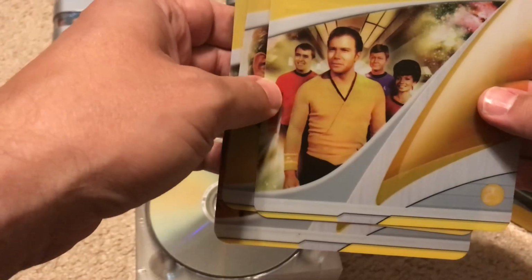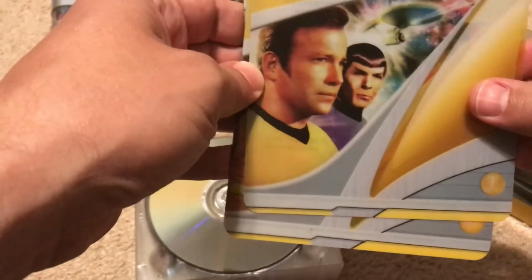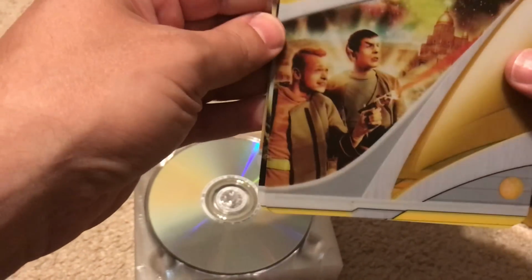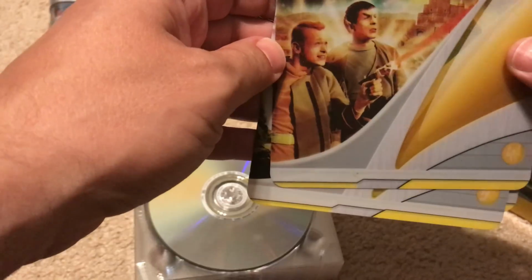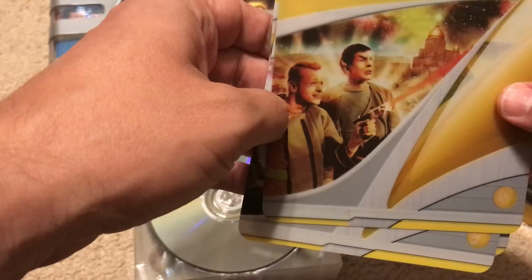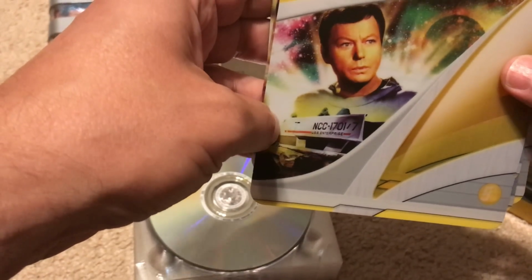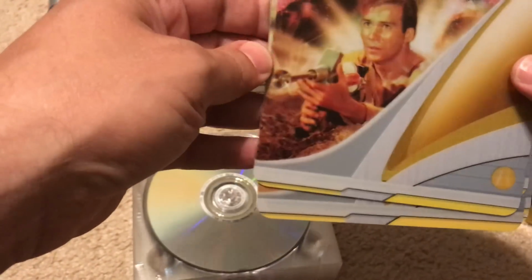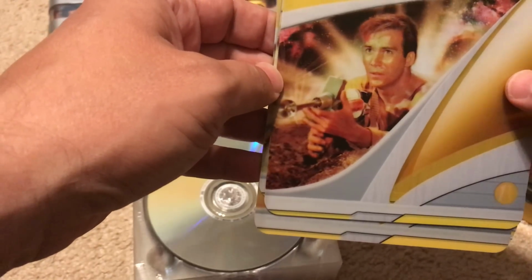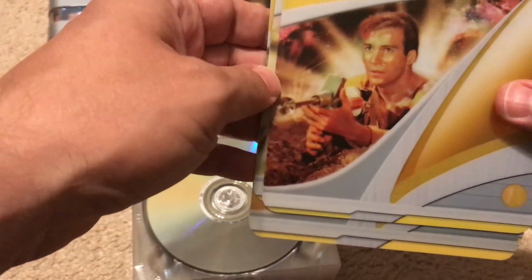It shows Kirk, Scotty, Bones, and Uhura, Kirk and Spock, and the Enterprise firing phasers. Mr. Spock and the crewmen from the Cage episode, the original pilot. Dr. McCoy and the shuttle Galileo. Kirk from the second pilot, Where No Man Has Gone Before, firing the laser cannon or phaser cannon that was never really used again. And on the back of each card,